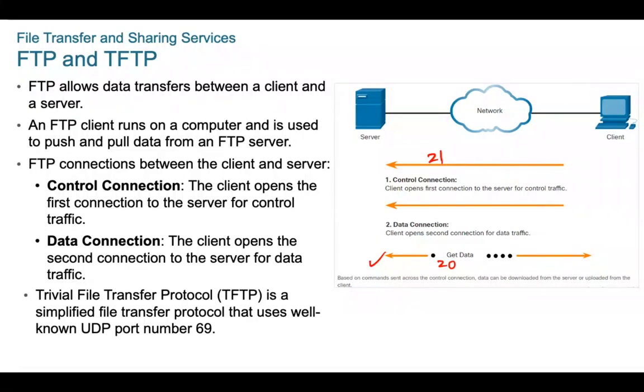This connection is created every time there is data to be transferred. The data transfer can happen in either direction. The client can download or pull data from the server, or the client can upload or push data to the server. FTP was not designed to be a secure application layer protocol. This simple FTP has no security, because any data can be captured by any other layer. So for this reason,